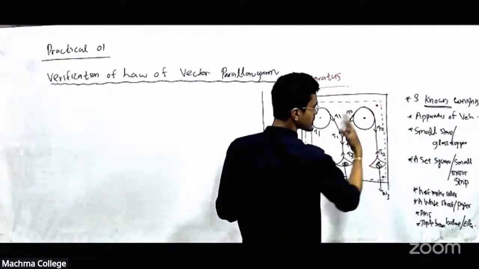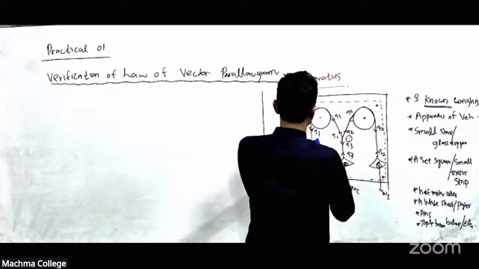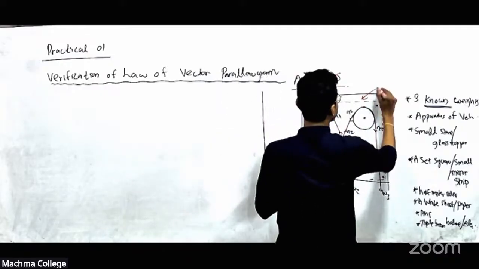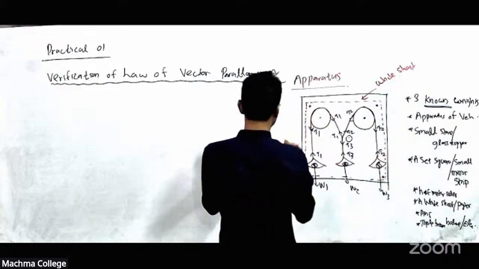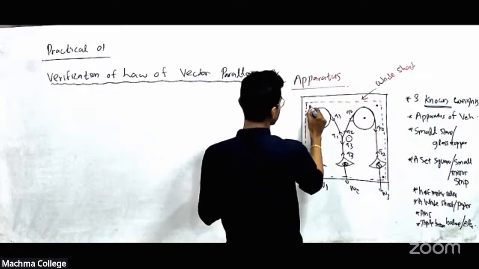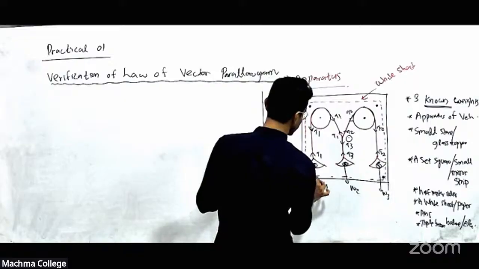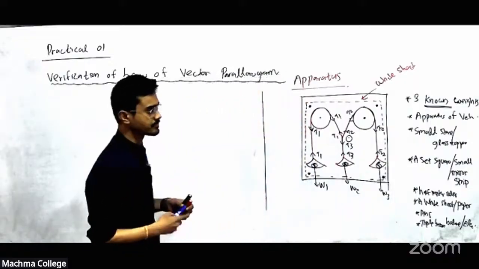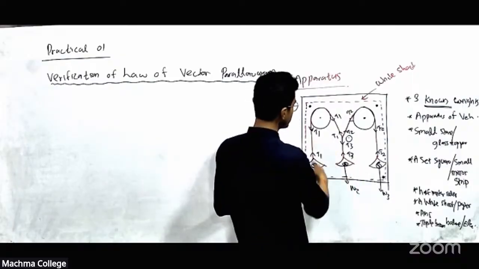So therefore that's there in the setup. It's already there in the setup. So take that sheet. This is a white sheet. And we are fixing that white sheet onto this using these pins. 4 pins. Like this. Right? And then you have to complete this setup.